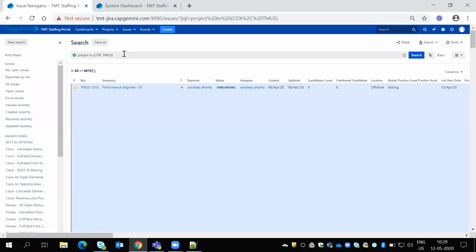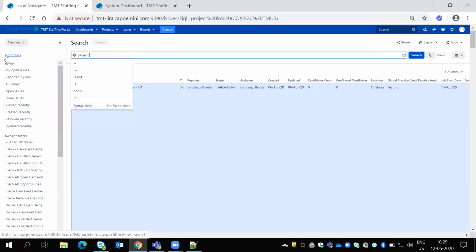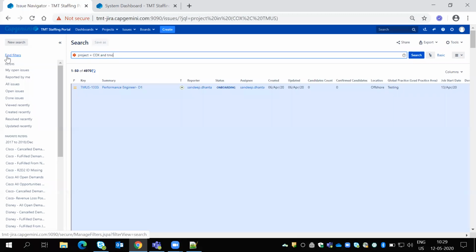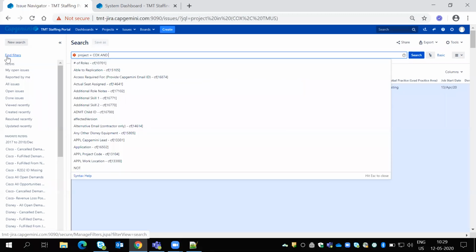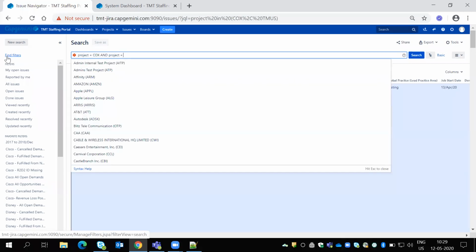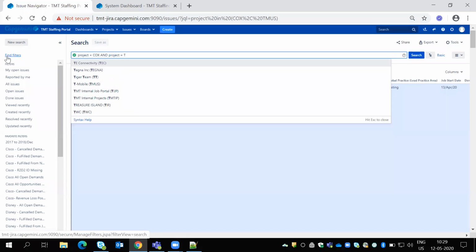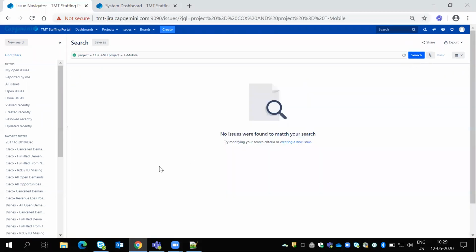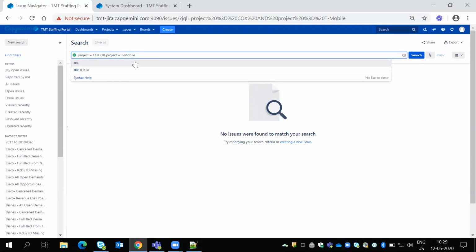You cannot write project is equal to Cox and project equal to T-Mobile if you want both; the issues will not come. Or else if I select the or condition, it becomes project equal to Cox or